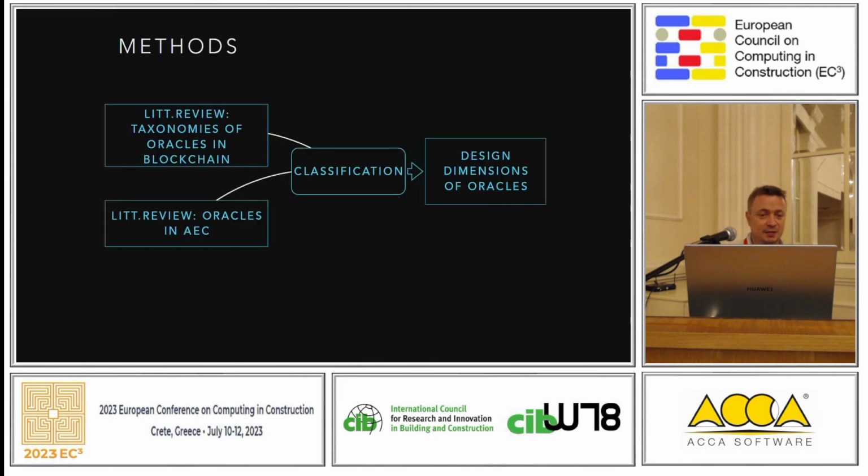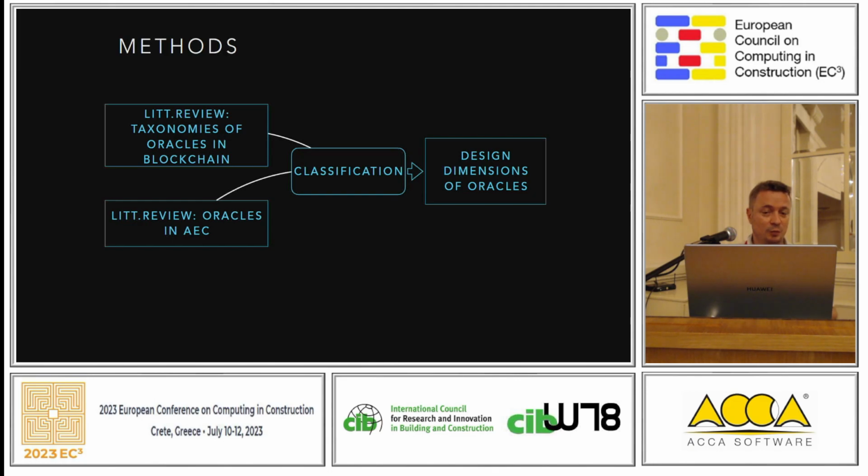And what we did is we looked into the wider blockchain literature, so not only AEC, to find out what kind of taxonomies of oracles people were building, and try to understand their nature. And again, I can't say it's a complete literature review, right? Probably this will follow, but we looked at indicated papers to find out how we could pick good or characteristic examples of how researchers are treating oracles in